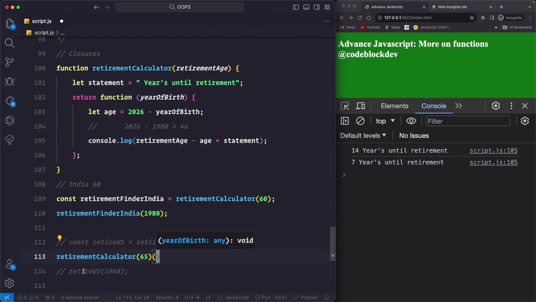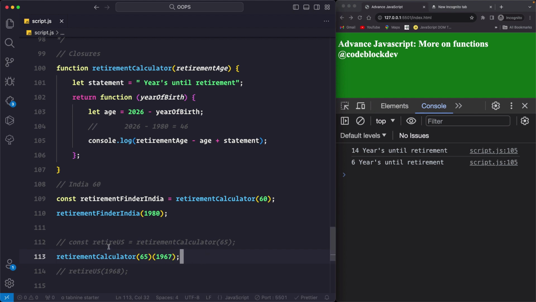And now the argument that I was passing in the retireUS variable, I can pass here itself, 1968, well 67, which means he or she has 8 years until retirement. So if I save this, 8 years until, oh wow, mathematical miscalculations, oops. Okay, anyway, 6 years until retirement.